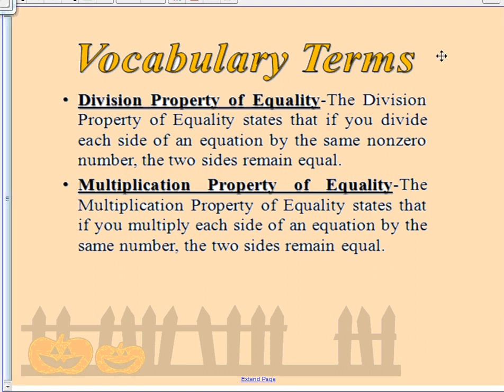So while we are talking about one-step equations, or equations in any situation, there are a couple properties we need to know. The first one is the division property of equality. The division property of equality states that if you divide each side of an equation by the same non-zero number, the two sides remain equal. So what that means is if I had, for example,